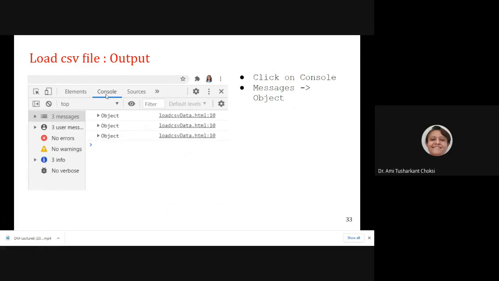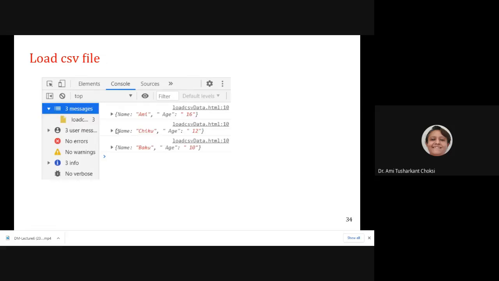You can click on the console, and then you'll be able to see three messages there. When you click on that particular object, you'll see name Tommy, age 16, name Chiku, age 12, name Baku, age 10. That is the content of our CSV file, isn't it?